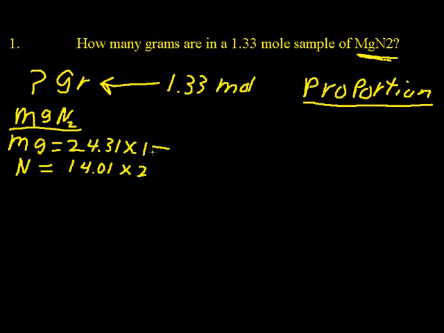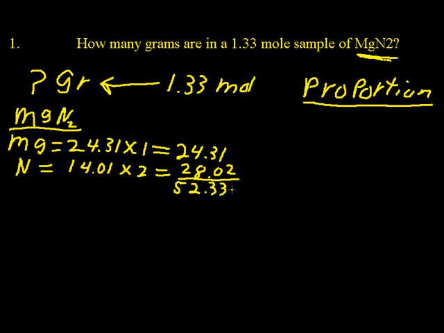So now we multiply this out. 24.31 times 1 is 24.31. 14.01 times 2 is 28.02. And we now sum that up. When we do so, we find it's 52.33. Now what this means is 1 molecule of MgN2 weighs